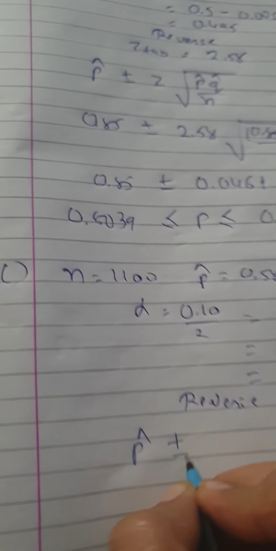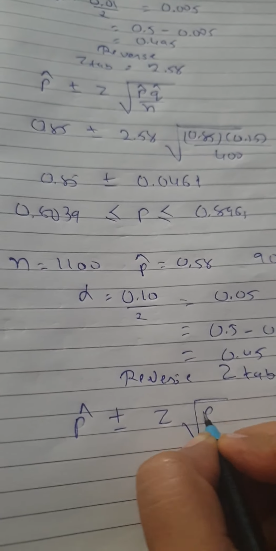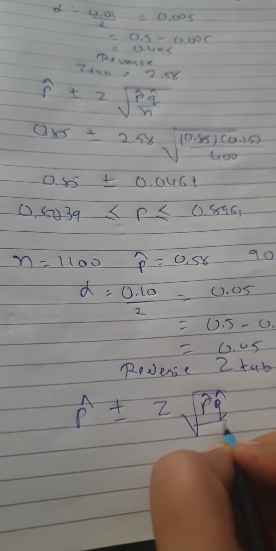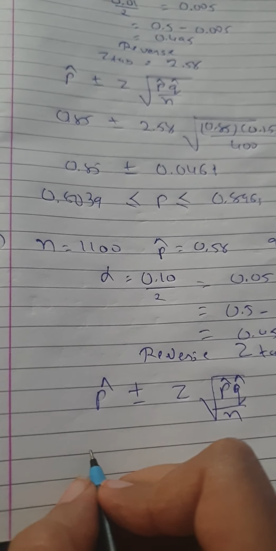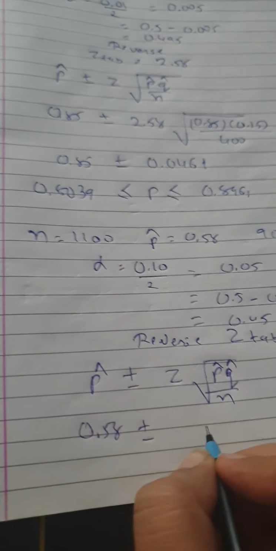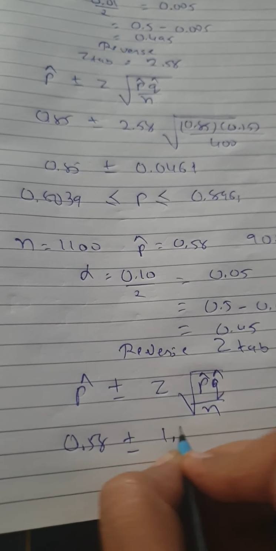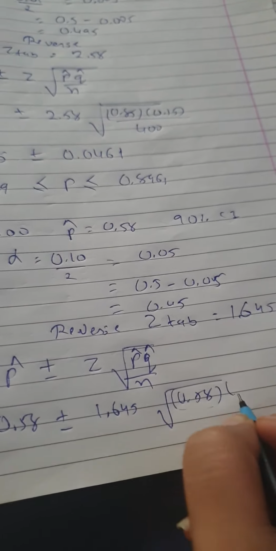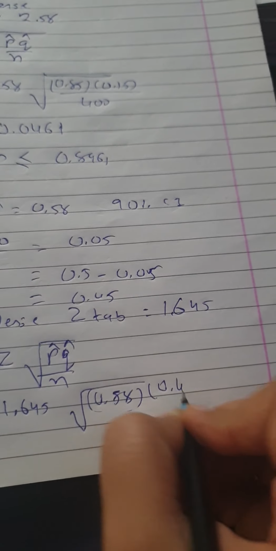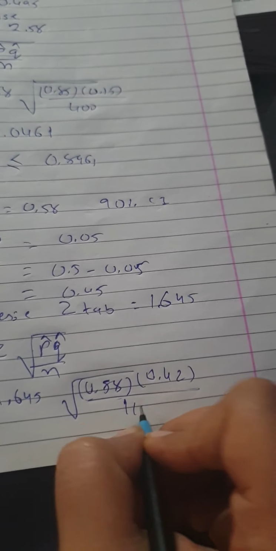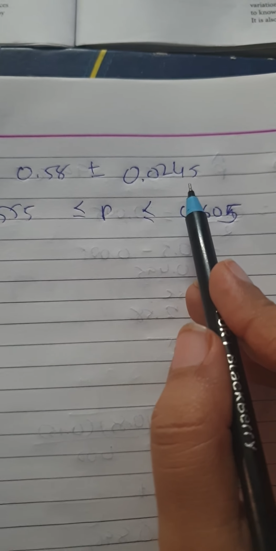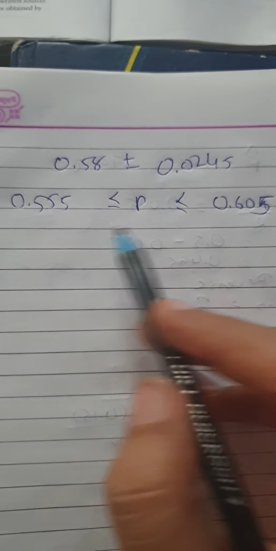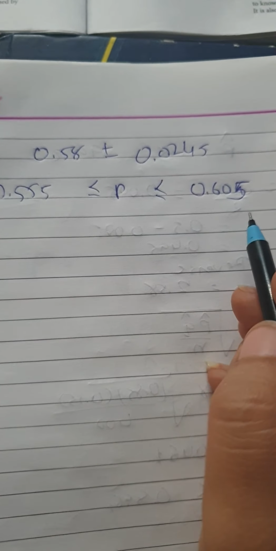P cap plus or minus Z, P cap into Q cap upon N. So your P cap is 0.58 plus or minus 1.645 into 0.58 into 0.42 upon 1100. So you will get the value as 0.0245,